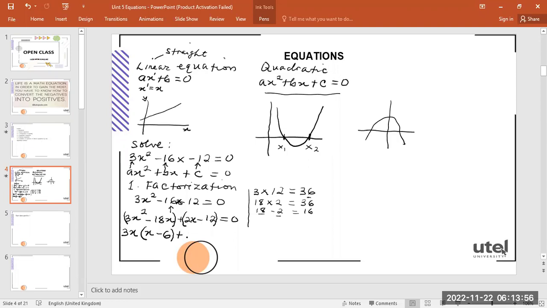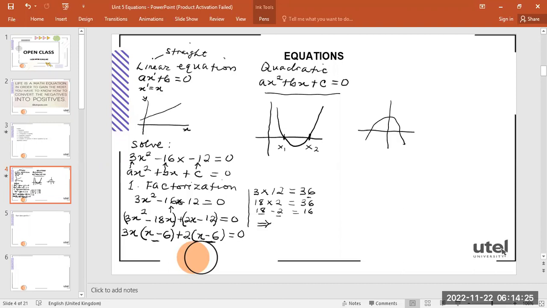So I will factor 2 out. If I factor 2 out, I'll be left with just a single x. And of course, 2 will go into 12 6 times. So that gives me equals 0. Now, it is important to take note that whenever you're factorizing a quadratic equation, what I have here is exactly the same thing as what I have here. So this implies that